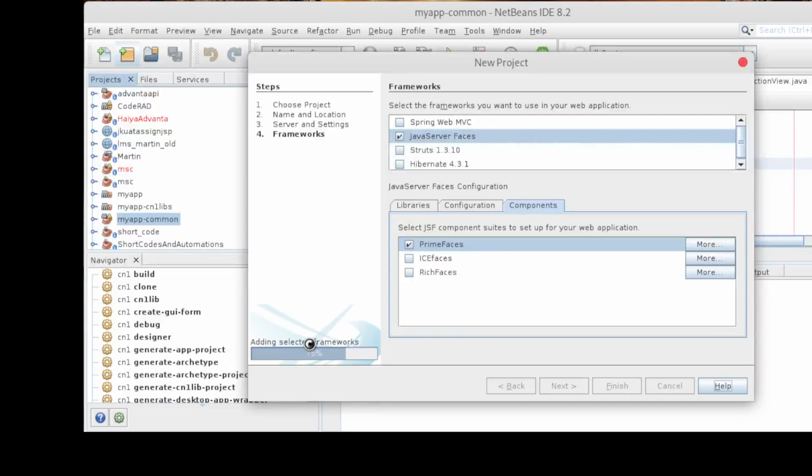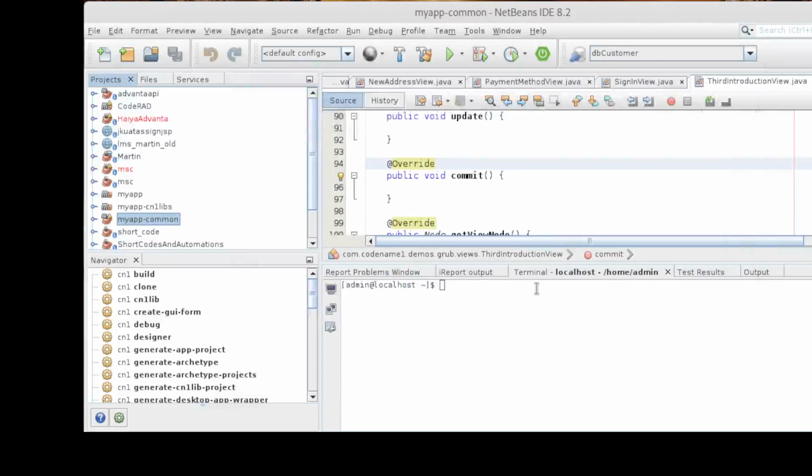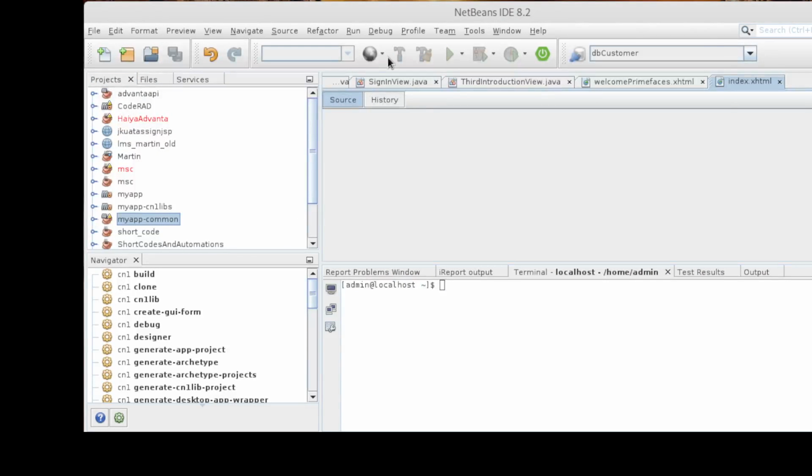Later on I will be showing you how to connect your application with the database and all that, and I hope that you are going to learn more on that. So let's see whether this works. Okay, so our project is now ready.